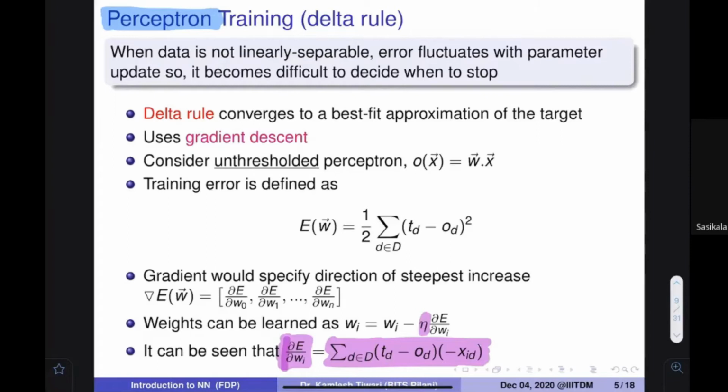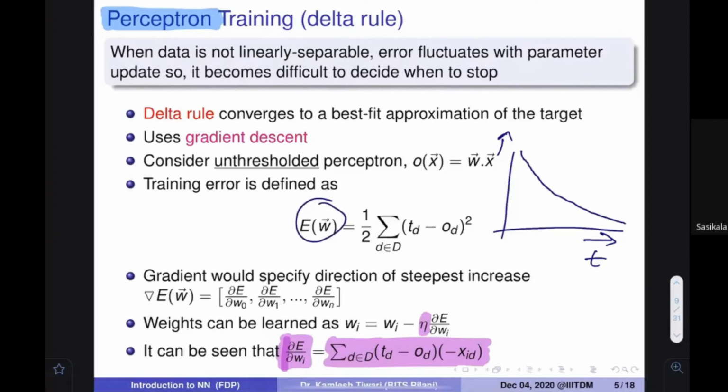This gives us a method by which we can reduce this quantity. If this quantity is reduced, that means those parameters are better. So what is the overall effect of this? If you plot the value of E, initially the E would be this, and after that the E is going to reduce as you are changing the things. With every iteration, this value is going to reduce. Make sense? Believe me, this value is going to reduce. We are not talking about the global minima. We are just talking about the minima. Make sense? That you can minimize.